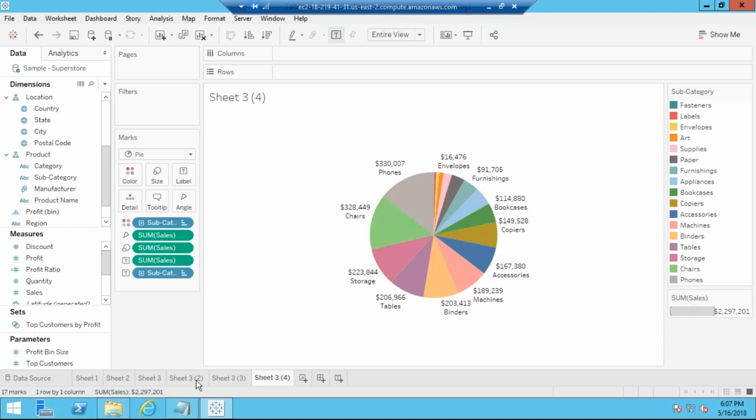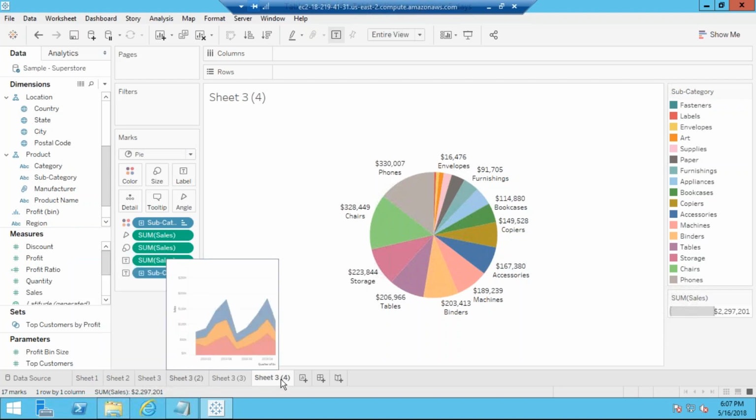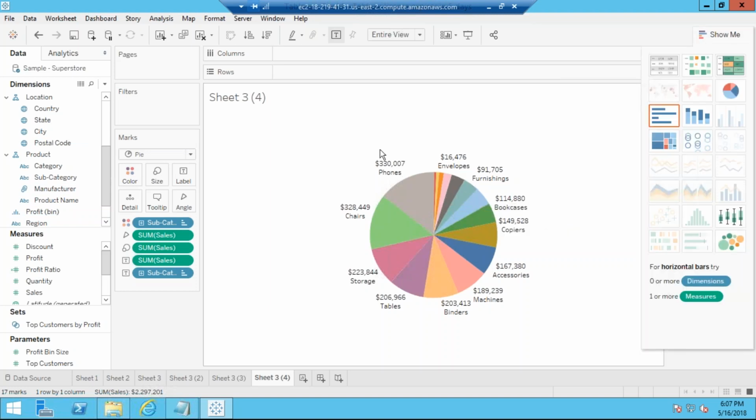Any doubts in any of these sheets? No? Okay, so I'll wind up here. Just practice on this, try to add these values, and try the Show Me, and then you will be able to get it. We will extend the same thing now, properties and everything for different views. This is the basic thing I have told you, how to create a pie chart. Next, real-time requirements: how to create the views users will ask for, and how to create a dual axis chart to bring that particular information. We will see that one by one.